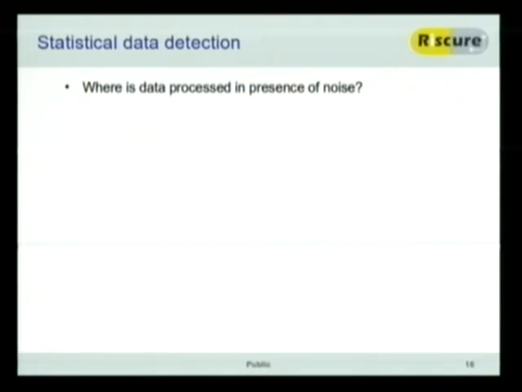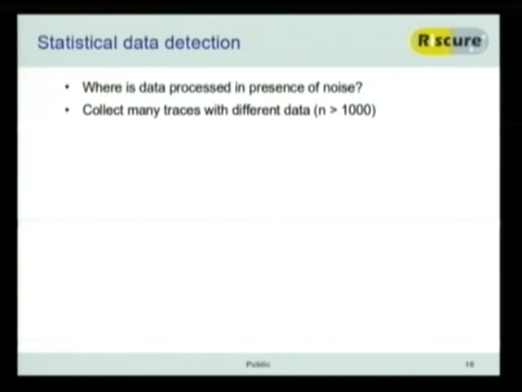So the question is, where is this data being processed in all the noise that we have? So before we could just zoom in and find the different power levels and then deduce the data. Typically it's actually leaking the Hamming weight of the data. So it's actually leaking the number of bits that are set to 1. Basically because the assumption is that every bit has the same influence on the power level. That's just an aside. So the question is, where is data being processed when you're in the presence of noise?